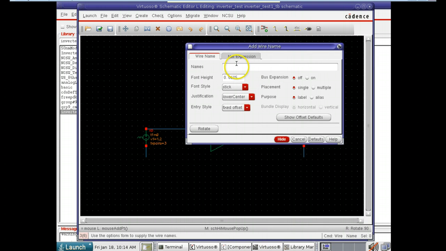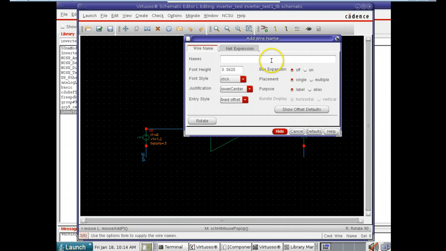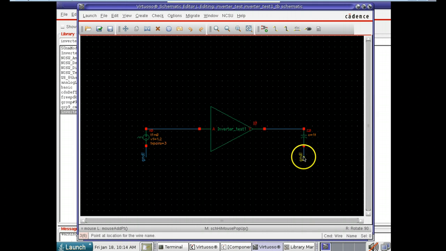So now we want to label our ground. So standard is GND exclamation point. There we go. So we got our signal coming in here to our CMOS inverter, and then we have a capacitor on